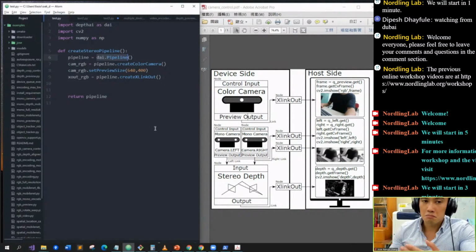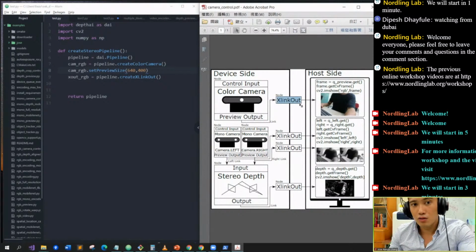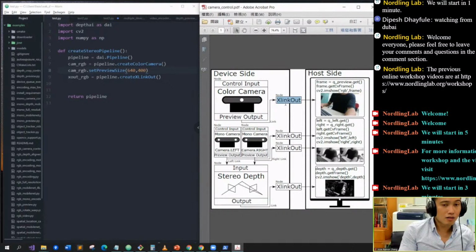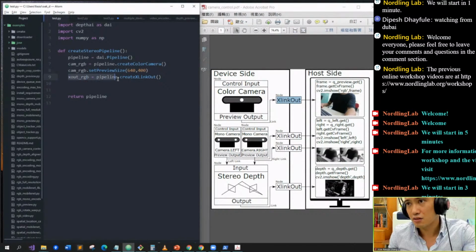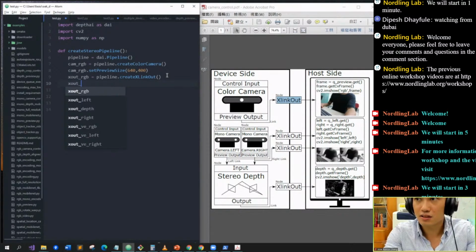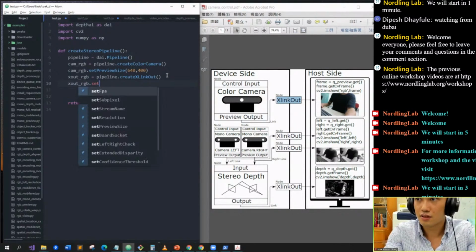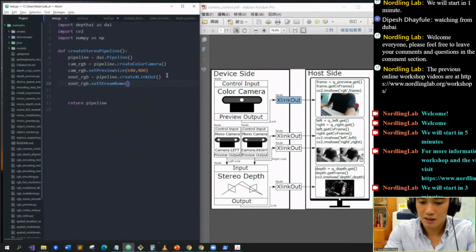So what is my first component? If I look at this diagram from top to bottom, the first component is the color camera. So I'm creating that color camera, and I'm setting a preview size of 640 by 400 pixels. That component is going to be connected to an XLinkOut node. This XLinkOut node, as you mentioned before, is how we send the information to the computer. I'm calling that XLinkOut xout, and I need to set the stream name. I'm not very fancy with names, so I'm just going to call it RGB, and we're going to print